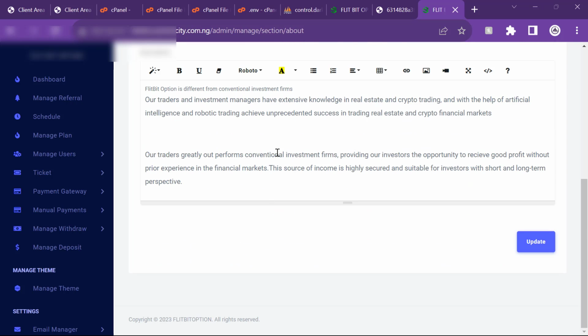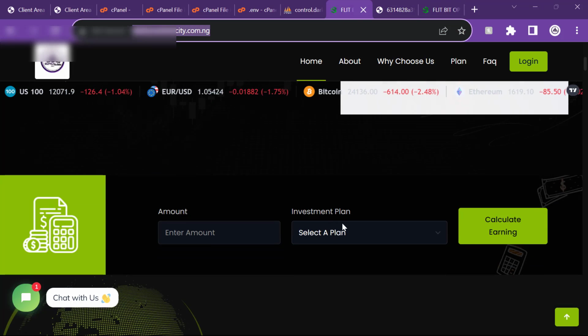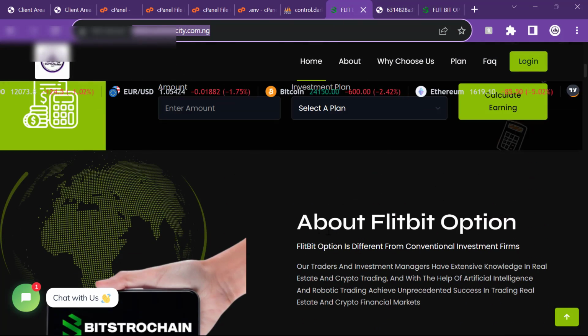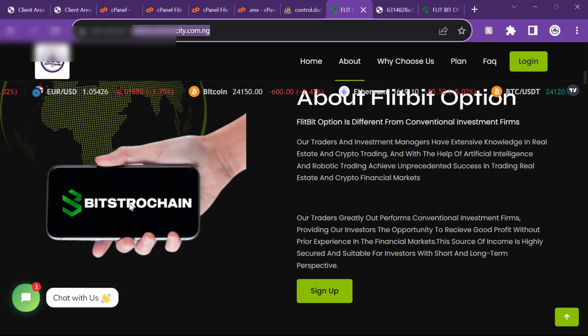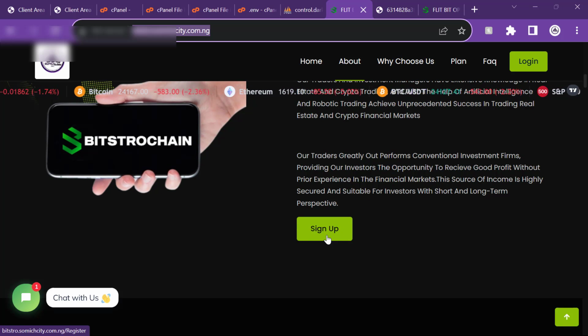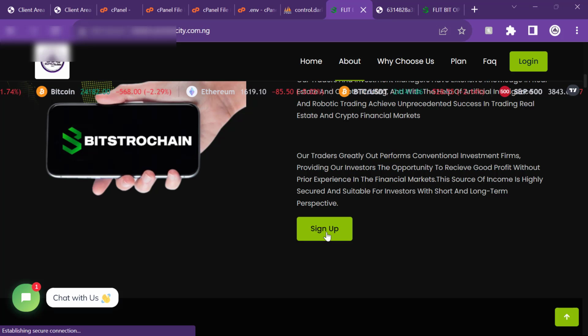Then you put the text that you want to input here. So the text comes up here. About section comes up here. I've shown you how you can change this image here to whatever you want. So this is it, and this link is already there. Register. Right, so